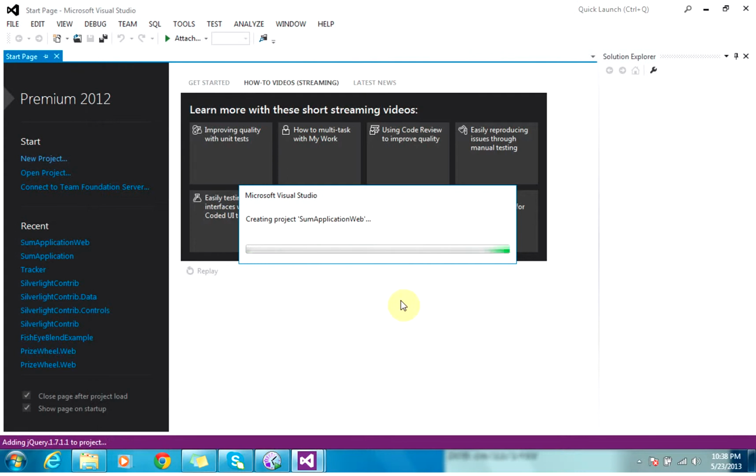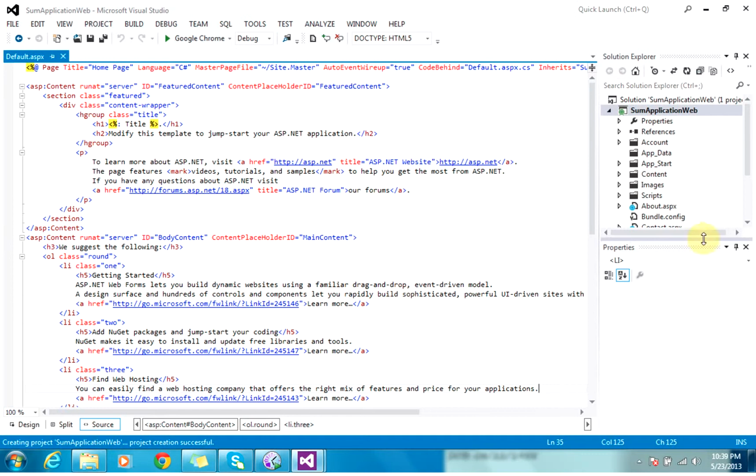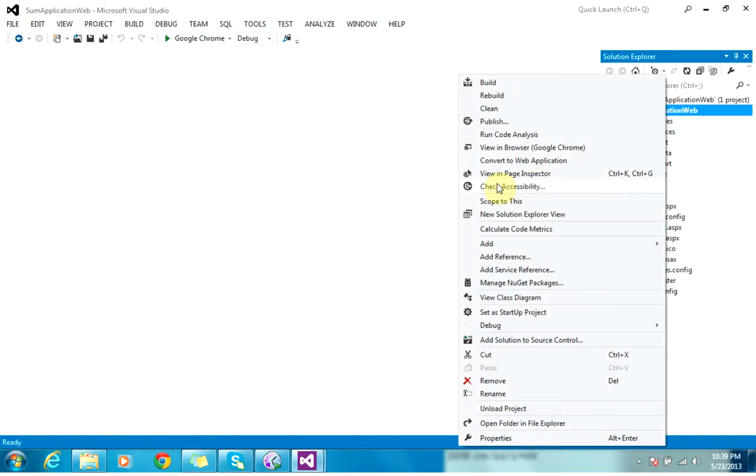And this 2012 is basically an enhanced Visual Studio version. So you will see at the right side, there are so many files which are auto generated. This will give you the framework, but I don't want to go into detail right now. I just wanted to give you an overview of how you can design an application. So just close everything, because you are a beginner. If I go into detail, you will get confused.